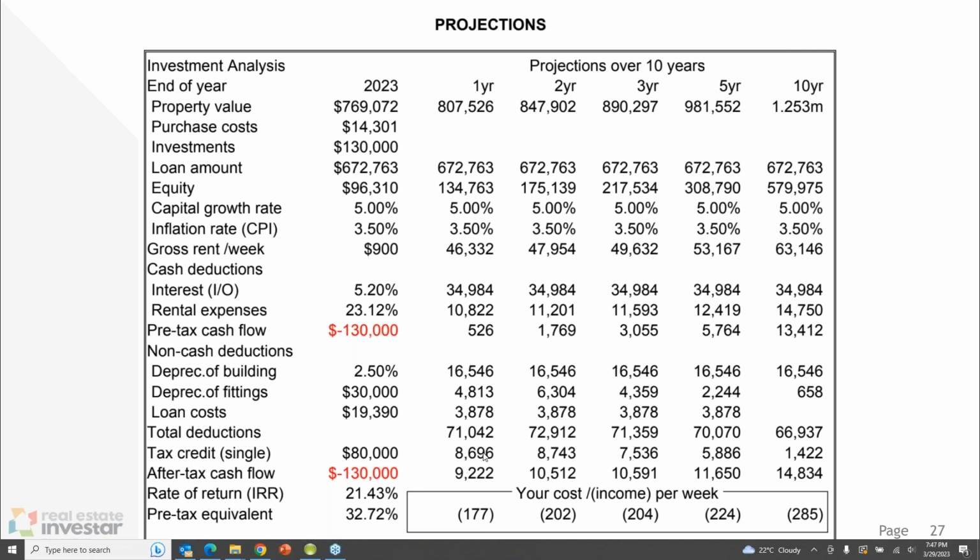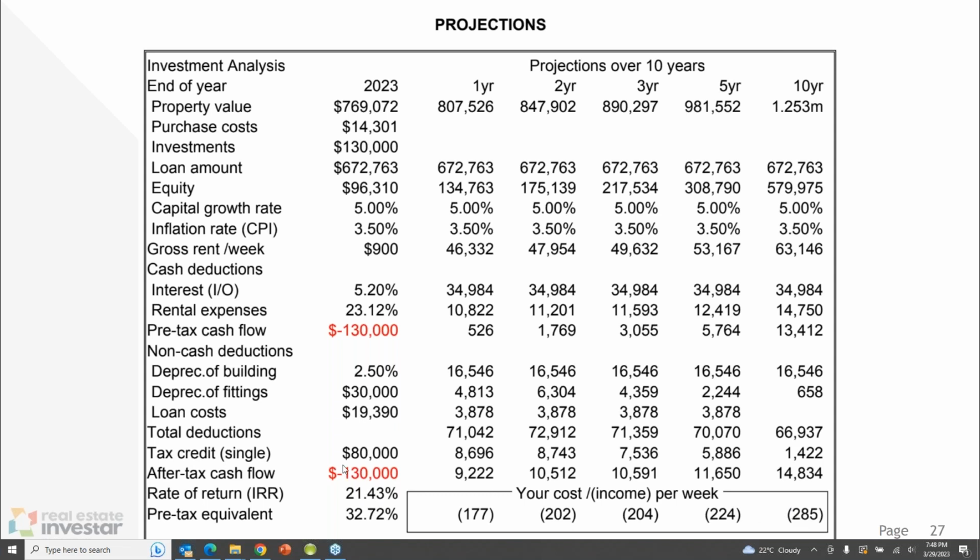So after the income, less the mortgage and all the deductions, including the tax savings, this property is about $177 per week positively geared, which is far outweighing what a standard home would be. So I'm sure you'll have some questions around that. We would like to explain that in detail on one-on-one calls. So that just gives you the numbers over the first year. So 177 based on those numbers. Year 2, 200. So averaging over $200 a week after all expenses is a very strong cash flow property.